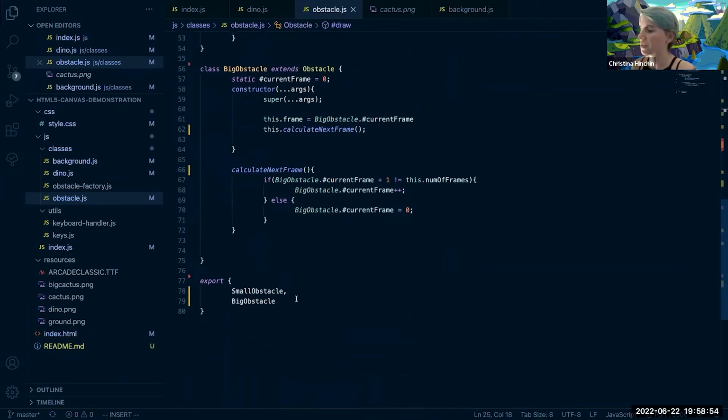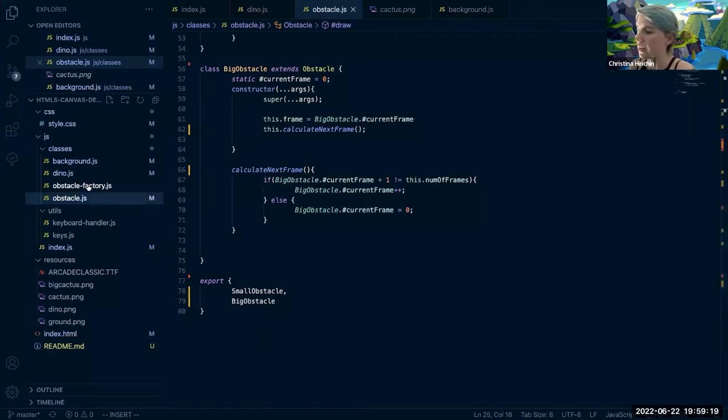I'm going to export them so that I can create randomly big cactuses or small cactuses. And rather than me have all of that logic in my main file, saying okay, let's do a math random, and if the math random is smaller than 0.5, let's create a big cactus, otherwise we create a small cactus, and here are all the variables that they need to receive, and have that kind of polluting my main file,